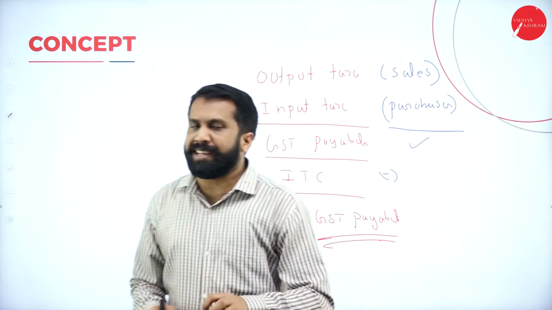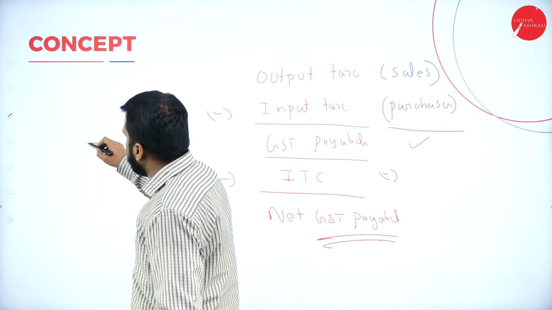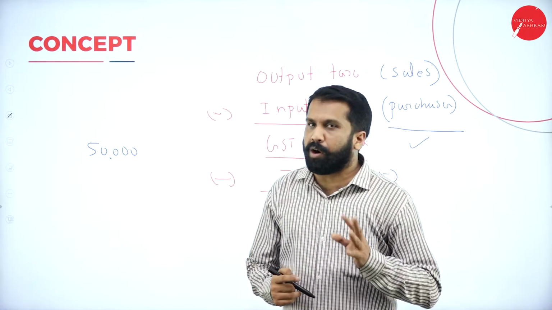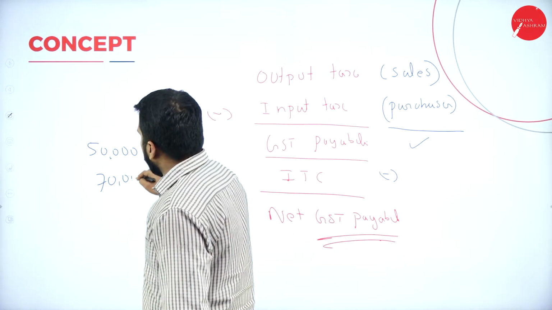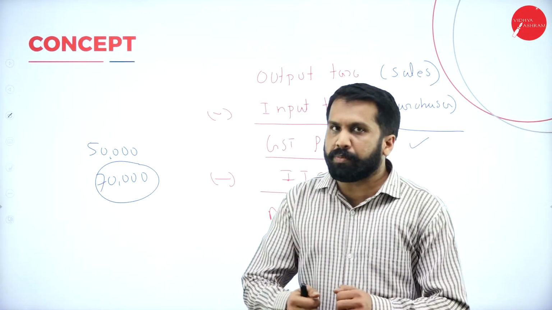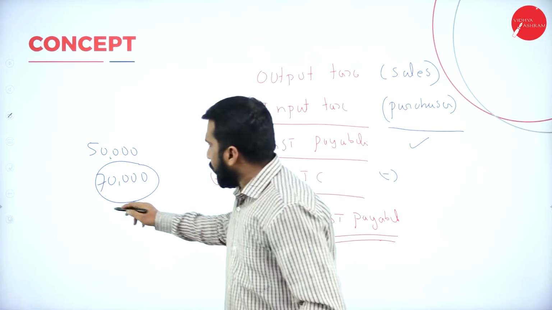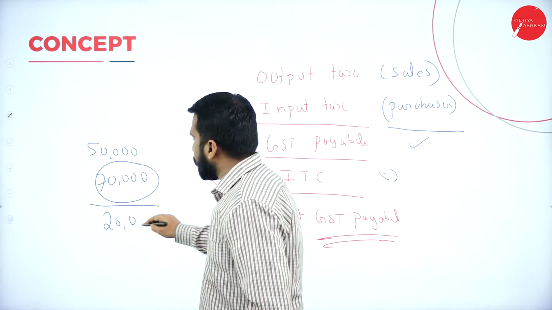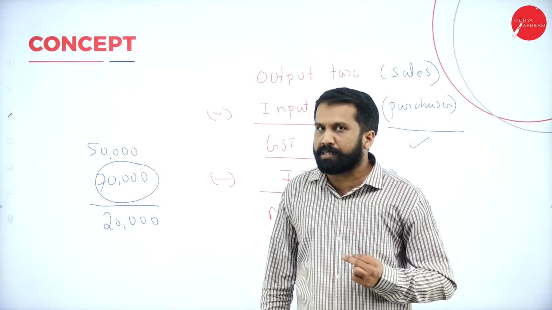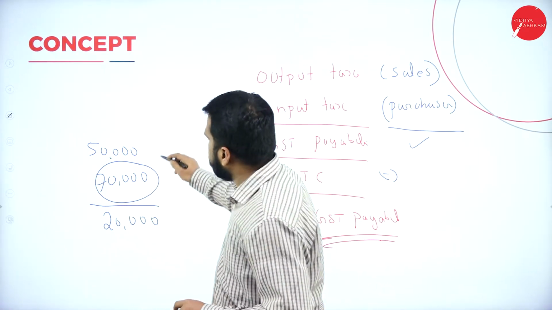Just assume that you enrolled or joined some college. What is the fees of the college? Assume that the fees is 50,000. By mistake, you have done online payment of 70,000. What is the fees of the college? 50,000. And how much did you pay by mistake? 70,000. What is the extra amount you paid? The extra amount you paid is 20,000. There are 2 options. One, the college will refund the 20,000, and the other is the college will say that the second year fees is 50,000.